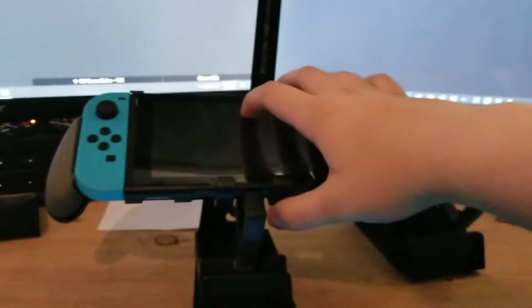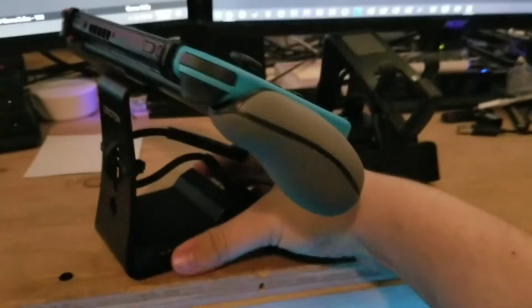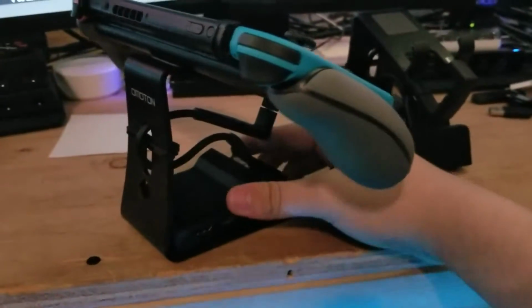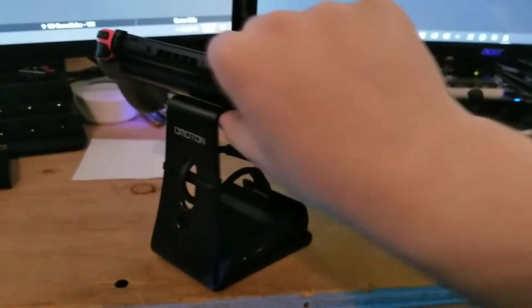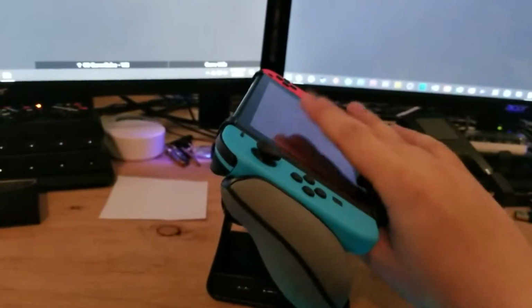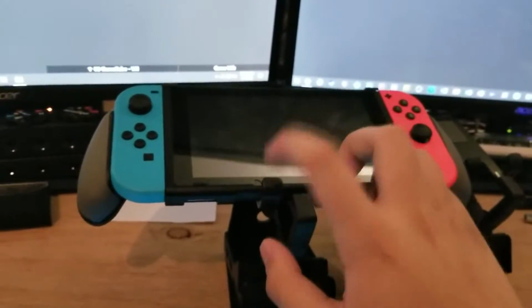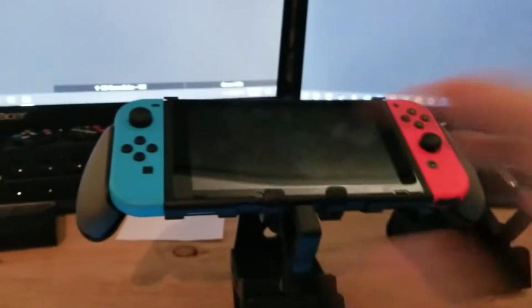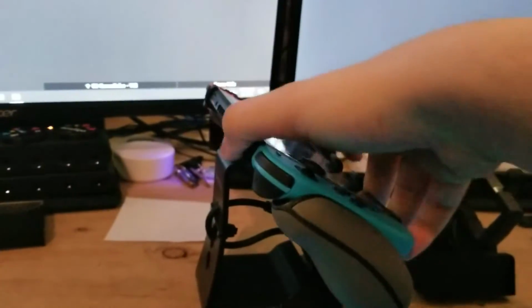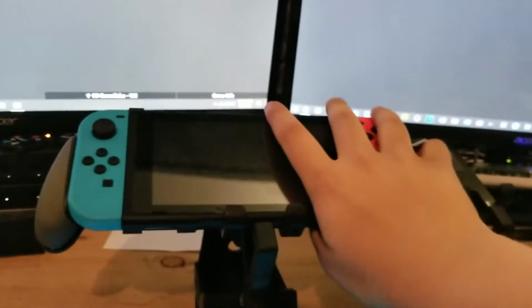The third thing that I really like is the airflow. Now, look at this. You got the dock down here, and a couple of inches above it, you got the switch, and the vents are completely free. The entire switch is free, and in fact, the stand itself acts as a bit of a heat sink. I wouldn't say that much, but this is a metal stand, and as you can see, the switch is completely free. I mean, it's even moving up and down, so completely free and clear,